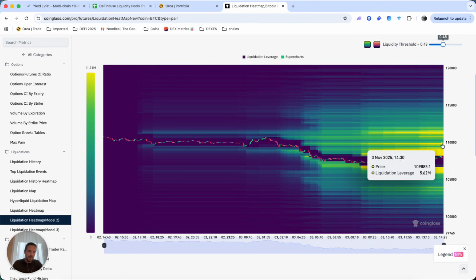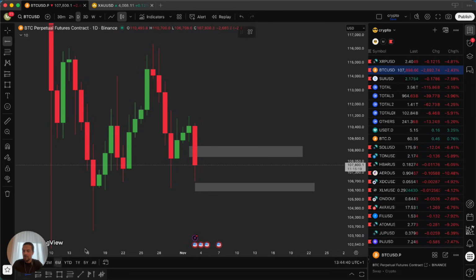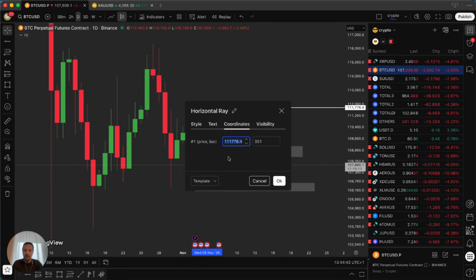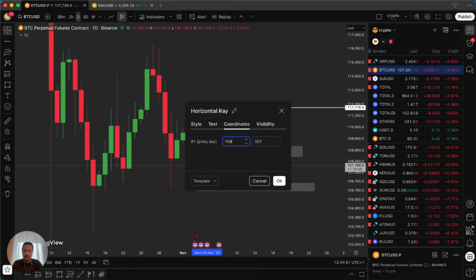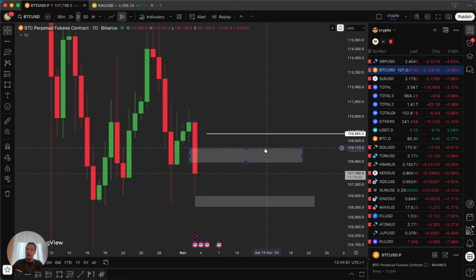And then we have this one that is 109,885. This is not so much a zone as more like a specific price point, so we can mark this one as a line. So in this case it's going to be 109,885. We can use the horizontal ray tool and just go ahead and mark it, just like that. Okay, so now you have these three zones, basically where most of the capital is sitting,